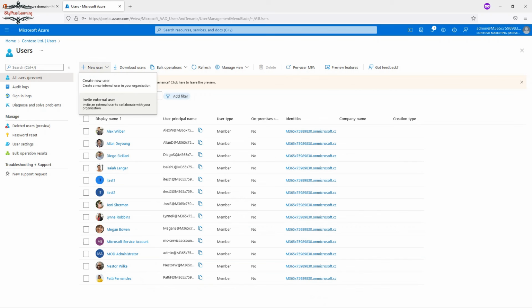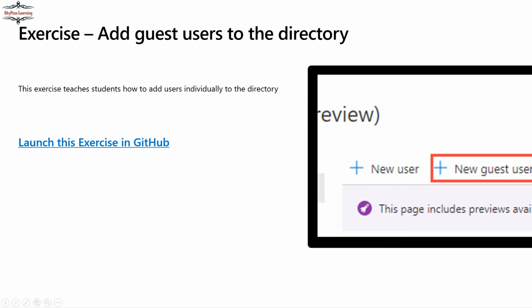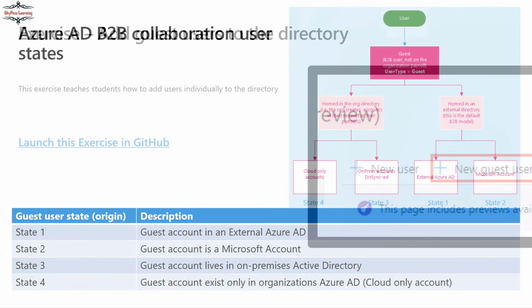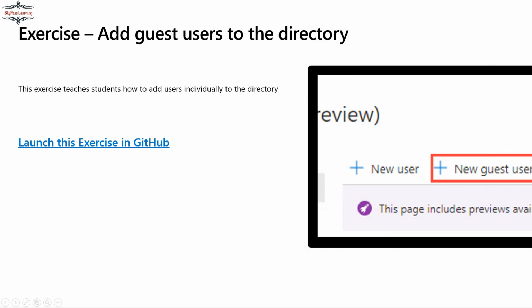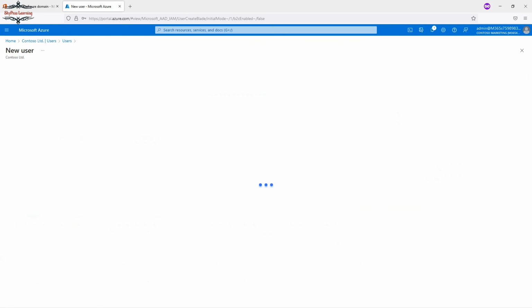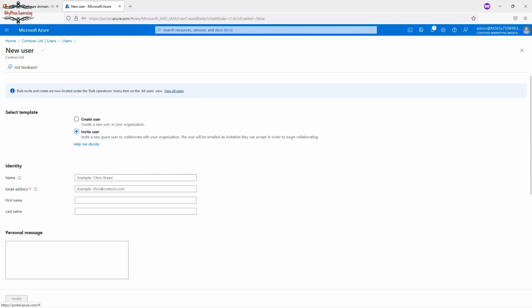Here we also have an option of invite guest user. These options will change sometimes, as Microsoft updates this from time to time. Earlier we could see the new guest user option, but now it's updated to invite external user. Once I click on invite external user,